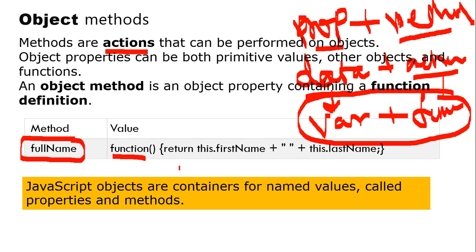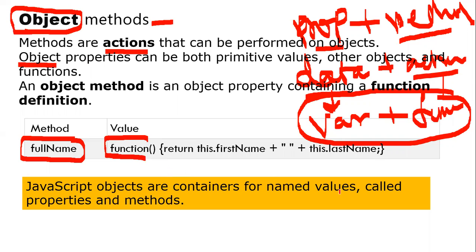Okay. Now here one has to remember that when you're talking about objects, we use a different terminology for functions: we use the term method. But as such, a method and a function are both the same. Method is only the terminology that you use when you are talking about objects, right?